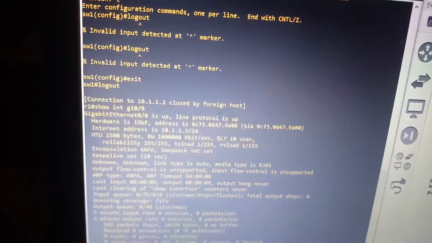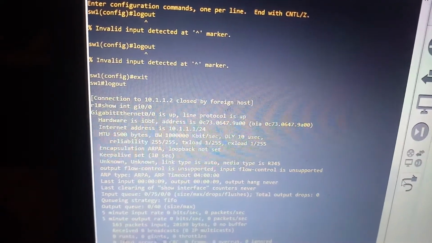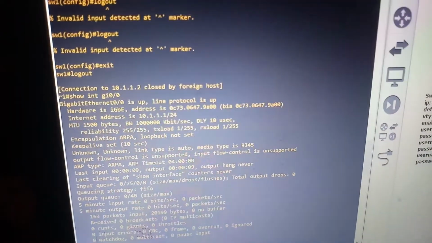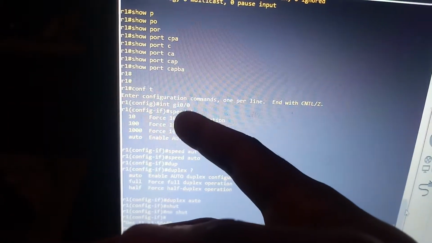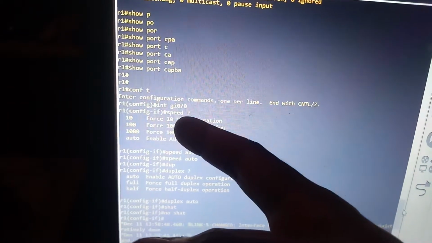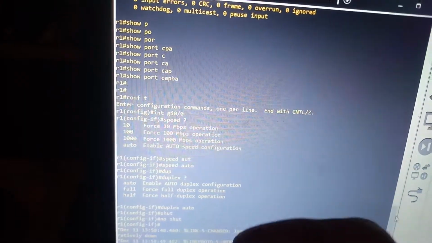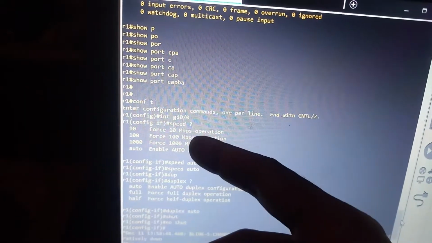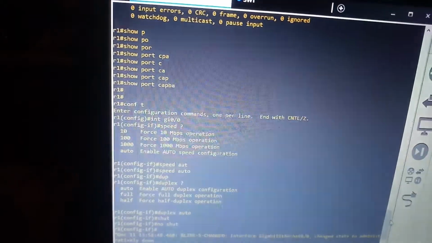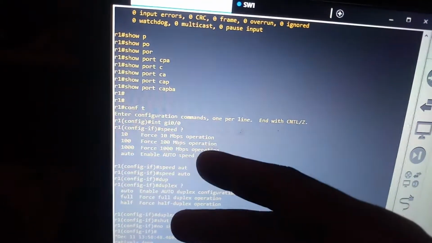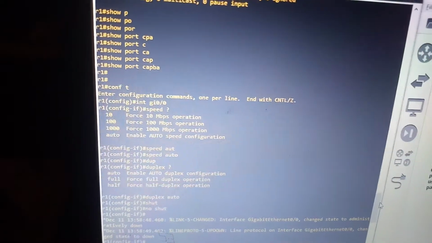If anything like that happens, all you need to do is go to that particular interface configuration mode by typing conf t, then enter the particular interface and set speed by the speed option, then select auto. You can also set manual 10 mbps, 100 mbps, or 1000 mbps options, but if you set that, the same speed and duplex should be set on the other side too.